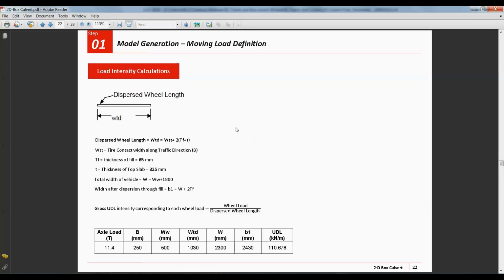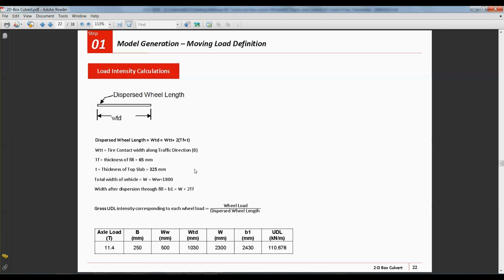Here, as you know, for the 2D we have to calculate the live load manually. First is the calculation of load intensity depending on the dispersed wheel length. As per the dispersion, we have to calculate the wheel length using this formula, where we use the contact width of the tire in the traffic direction, B, plus 2 times the thickness of the fill.